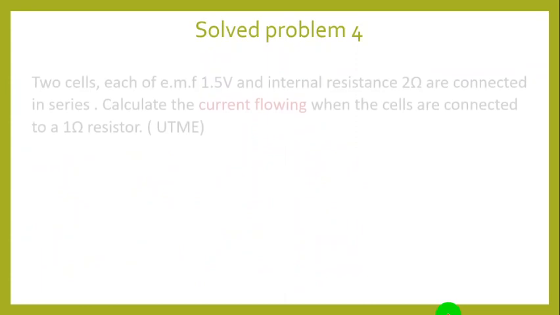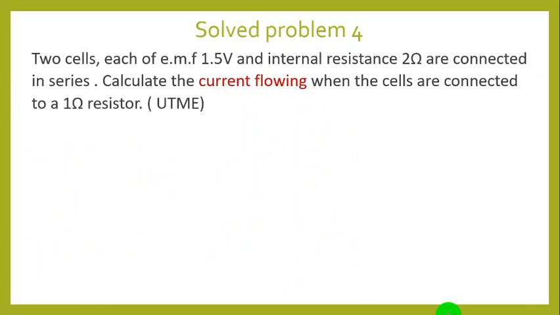So question 4, what I'm having in this case is that two cells, just like the previous one, each of EMF 1.5 volts and internal resistance 2 ohms, are connected in series. Calculate the current flowing when the cells are connected to what? To a 1 ohm resistor. Now to solve this question again,